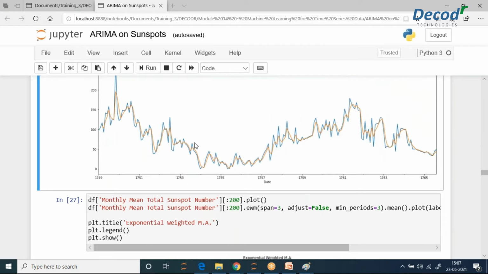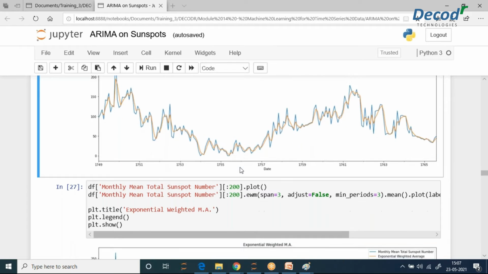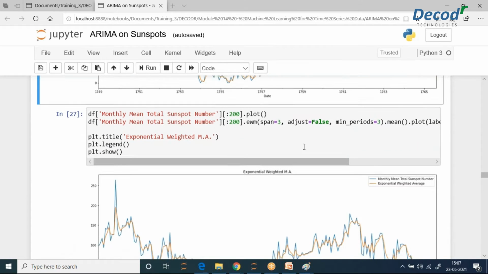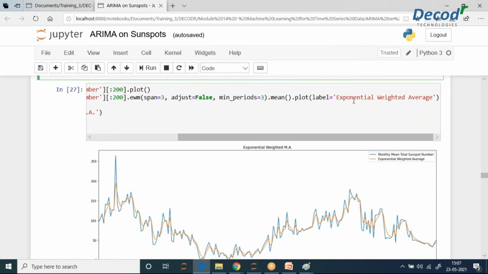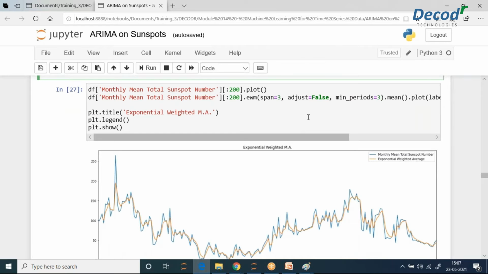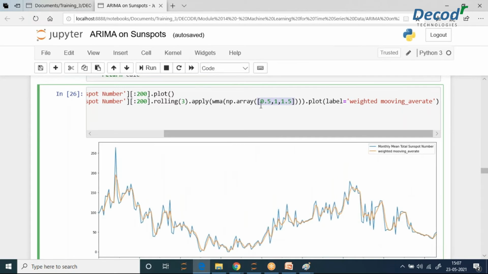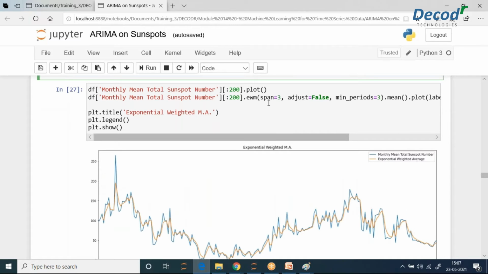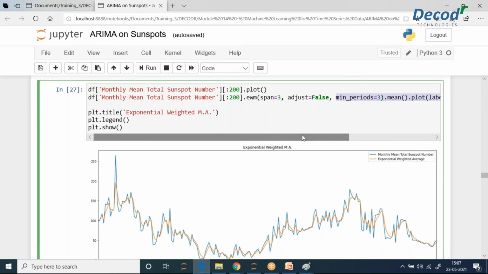Right? This is somewhere better than the previous one. Okay, let's move on to the next one. So next we have the exponential weighted average. Here we don't give weights, it's done exponentially. You don't have to give any numbers, you can just give the span. Say you're looking at the last 3 decades, with minimum periods of three, and if you mention exponential, it will directly take care of that.